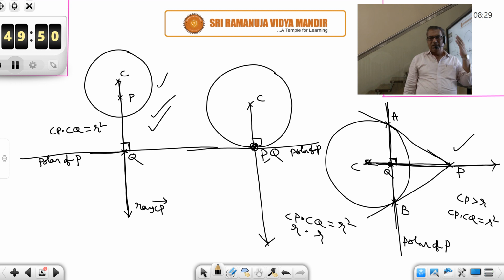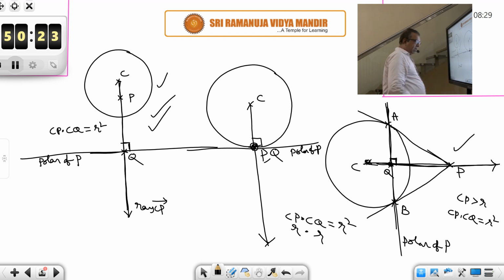Another request is, please buy the Telugu Academy textbooks and do the problems from the exercises. 1A, 1B, 1C, 1D, up to 1E in circles. Then system of circles is another chapter. So 5 exercises are there. You have to do the problems from these exercises first. Then only go for the other problems in other materials. Objective type questions: first you complete the intermediate textbook. Okay, we'll meet again tomorrow.